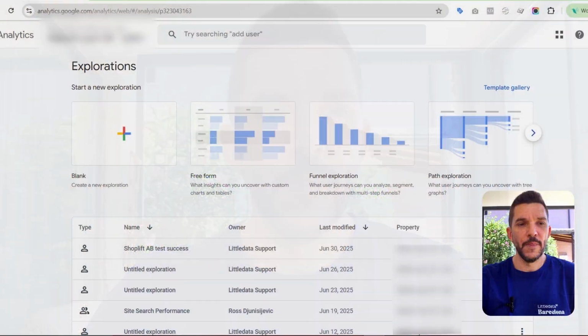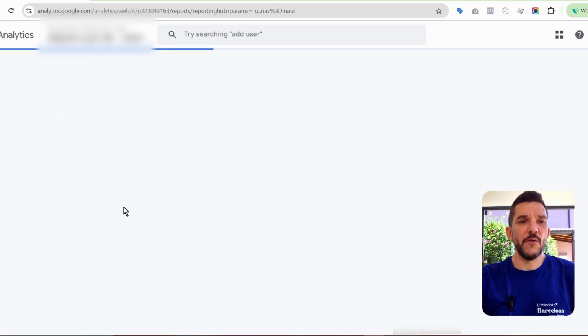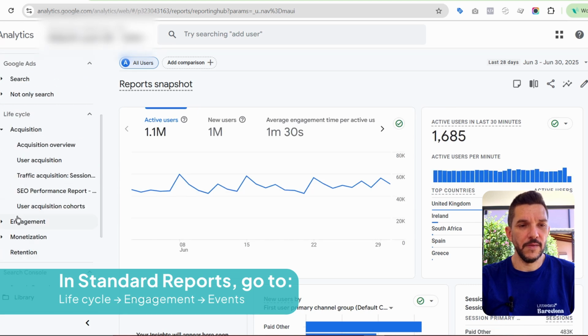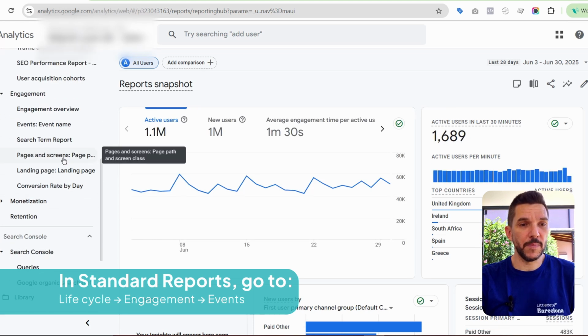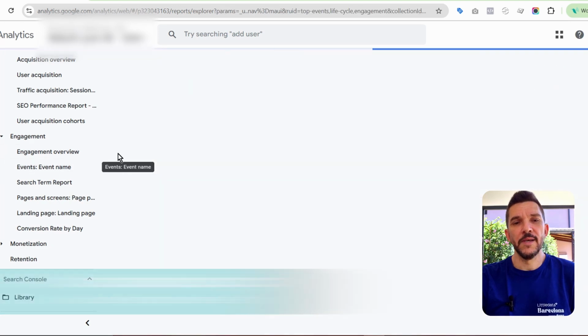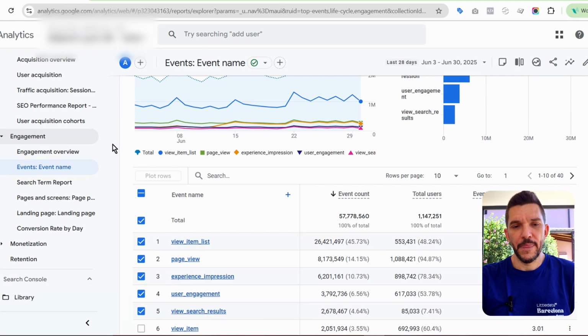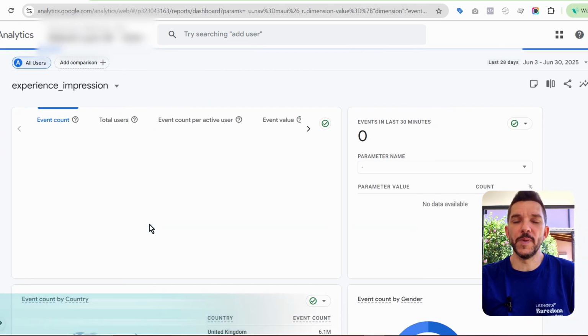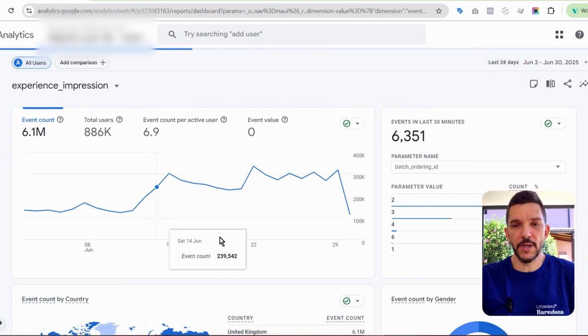Let's get into the GA4 user interface, and I'm going to show you how to do it. First off, you're going to have to open standard reports. Just go to the events section that lives in the engagement subtopic of your lifecycle collection. Go to events and find experience impression. If you click on it, GA4 will open a dedicated dashboard that